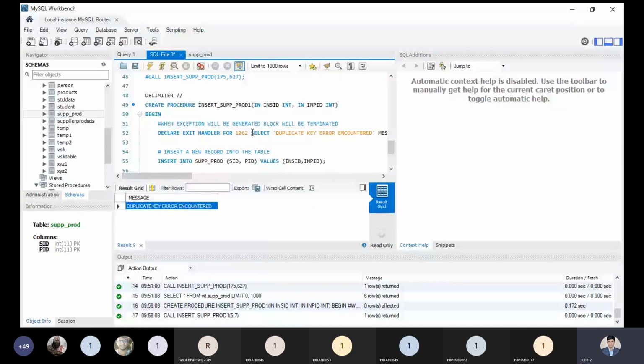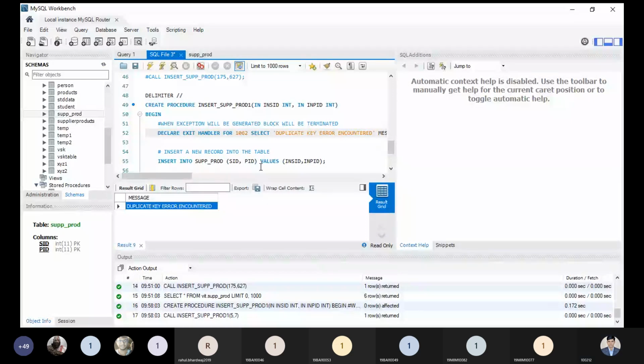Okay, now leave it right now. After doing so, it will not display any message. But now see, if you try to insert something, then at the bottom side an error will be generated. But finally, by using this handler, we are catching the exception after the insert into supplier production is executed. So the record is already available, and then at the bottom side an error would be generated.